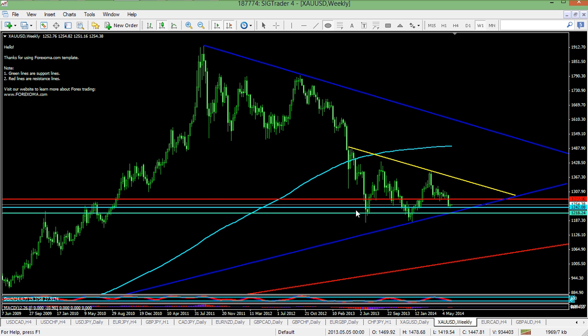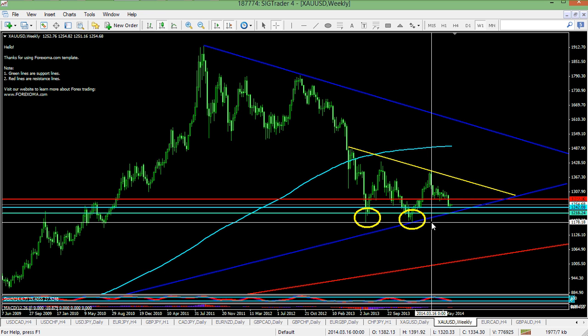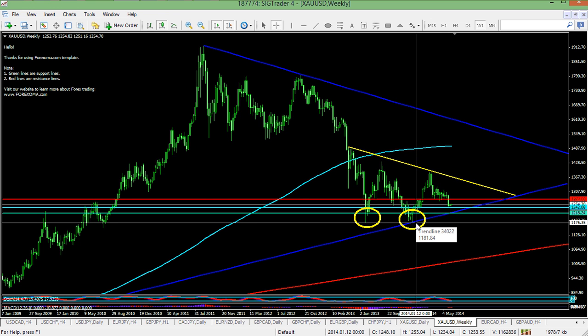If we can use this to illustrate, we use this to show the head, the shoulder, the head, and now we have uncompleted shoulder here. But there's something that I'm looking at, and many people will say this is not a head and shoulder. The reason is because if we check, we will see that these 2 points is